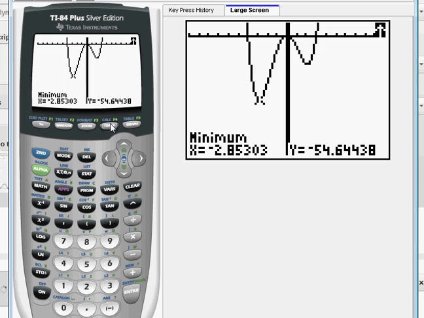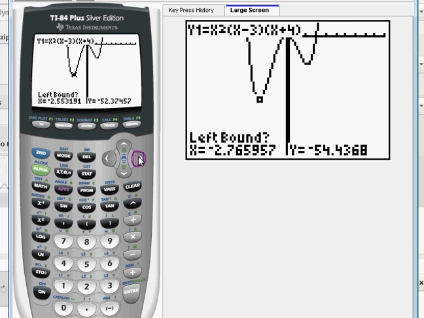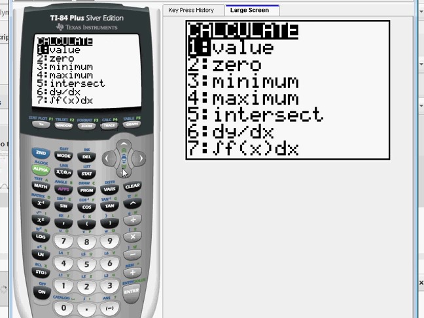Then we need a maximum, which is number 4. Looks like it's at the origin, and we know it's at the origin because it's of even multiplicity. It's x squared. But we'll just verify it by using the graphing calculator. And there's our maximum. Again, this is the calculator's way of saying that this is (0, 0). These are both really, really small numbers. And likewise, lastly, we have a minimum